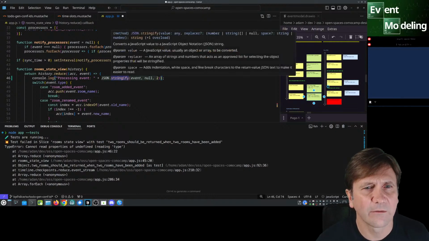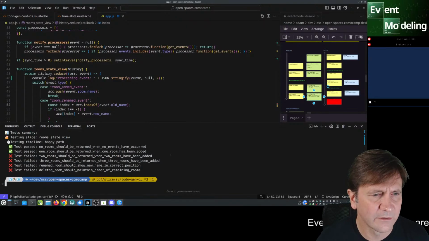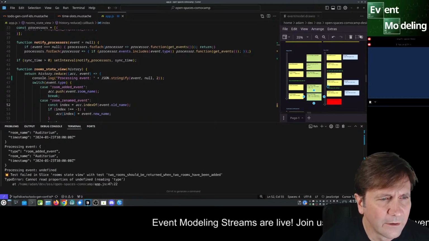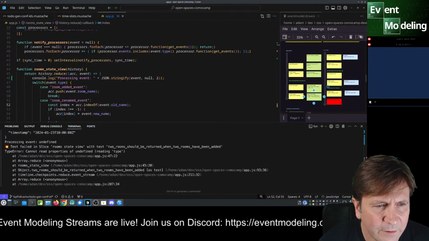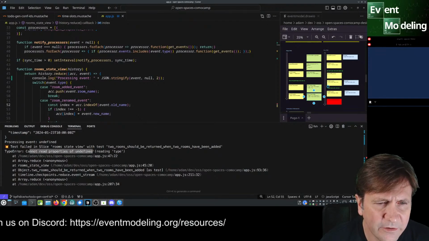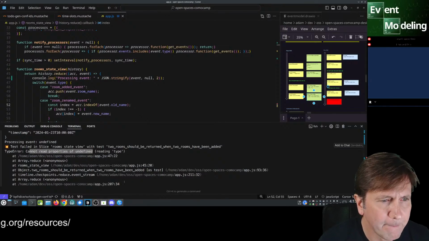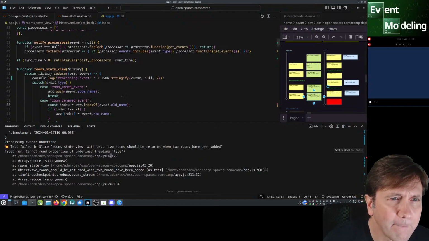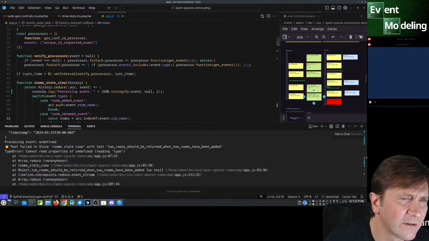Let's see if that works. So let's run it again and see what kind of output we get. Type error, cannot read properties of undefined reading type. This is line 47.